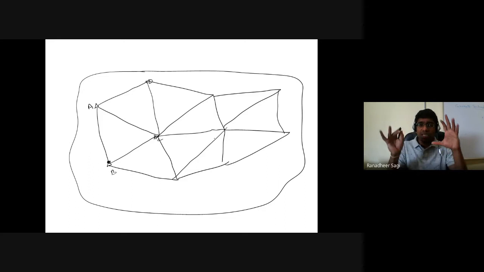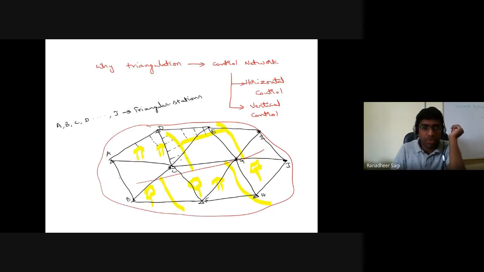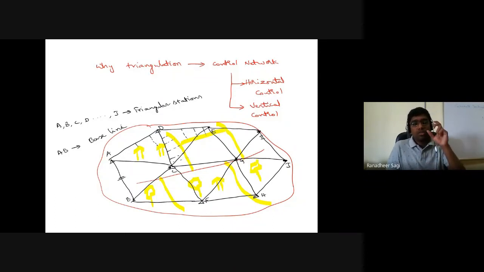So once the control network is represented in your map, how am I representing it? In the field, you might have exactly measured the dimension of some line, which we call a baseline. Let's say for example my AB line is my baseline. Why am I calling it my baseline? Because the accurate length of that line AB is what I have measured in the field, and by making use of that baseline and subsequent angles between different survey lines at each survey station, we measure using your theodolite instrument.